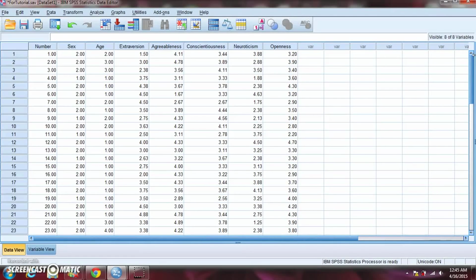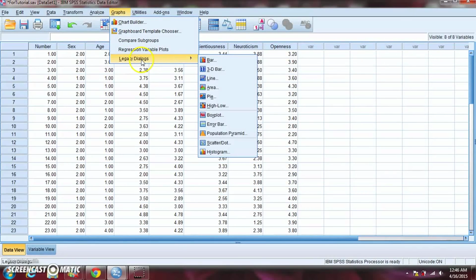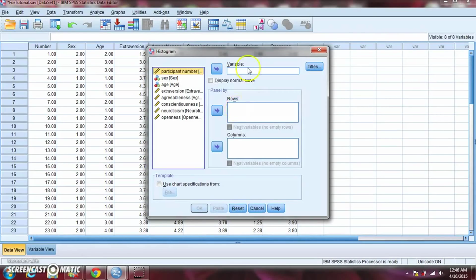You can type in computer code, which we are not going to do at all in this course. Much more simply, you can use the pull-down menus, which are the menus at the top of the screen, to give SPSS instructions. So if we want to run a histogram, we would go first to Graphs, and then we would actually go to this last selection, Legacy Dialogs. I'm not exactly sure what that means, but that is where the histograms are located. So again, Graphs, Legacy Dialogs, and then I'm going to select Histogram here.